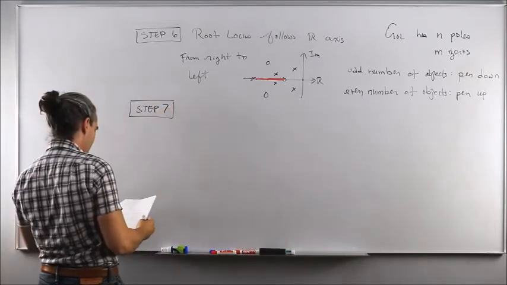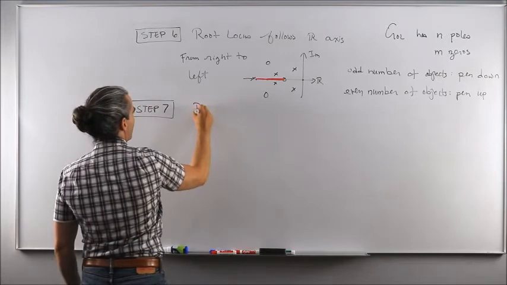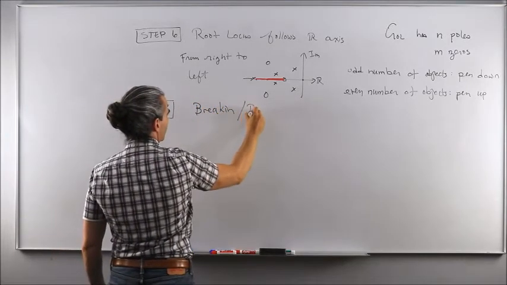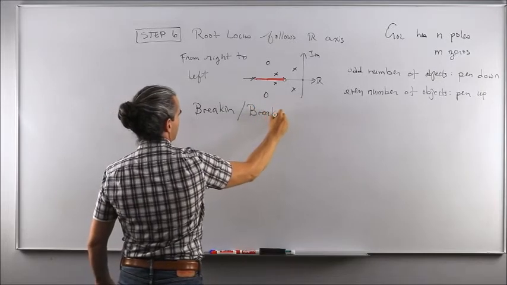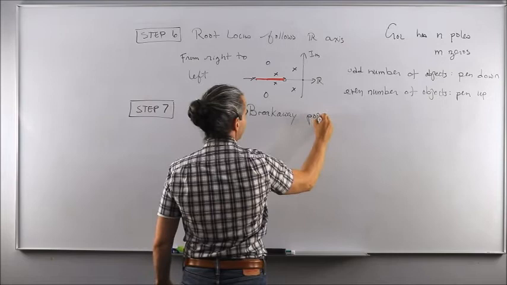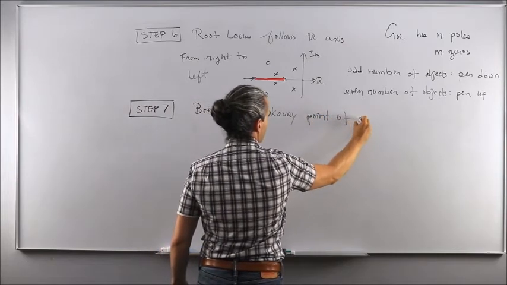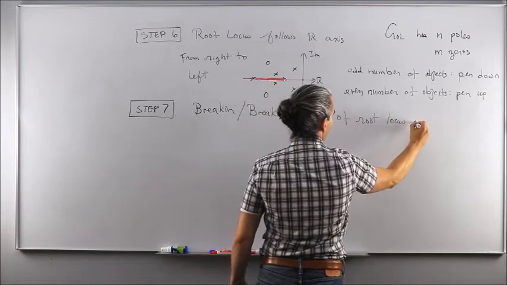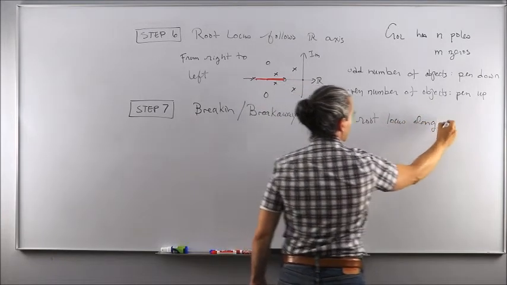In step number 7, we want to figure out the break-in and or breakaway points of the root locus along the real